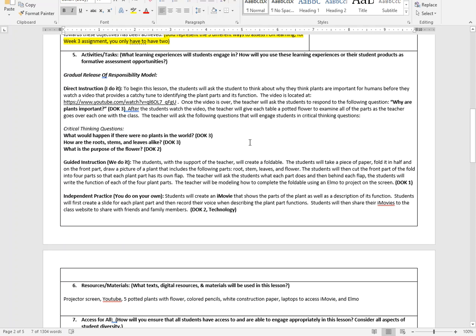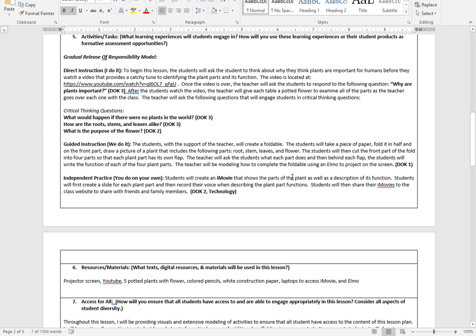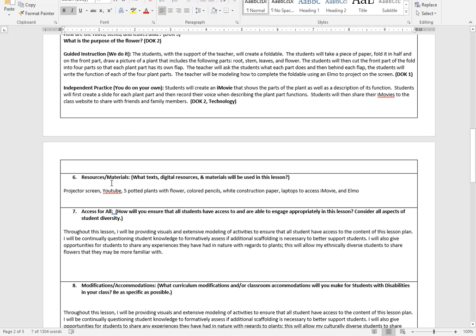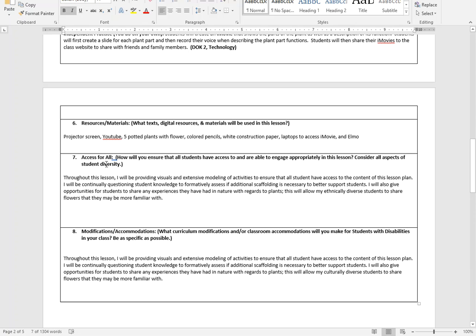I've also labeled any DOK levels that I think are appropriate within this lesson plan. So you're going to go ahead and do that, and then list your resources and materials that you're going to use for the lesson plan. And then your access for all is, how is this lesson plan? How are you going to ensure that all students